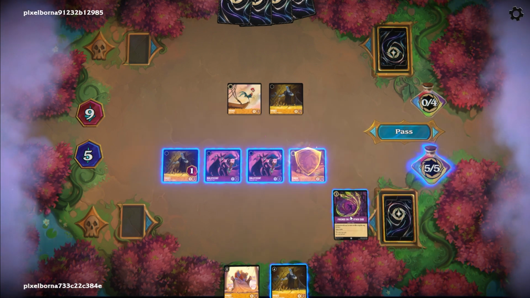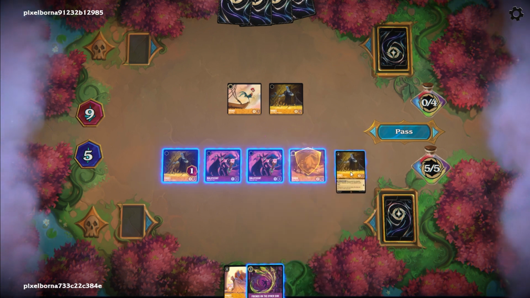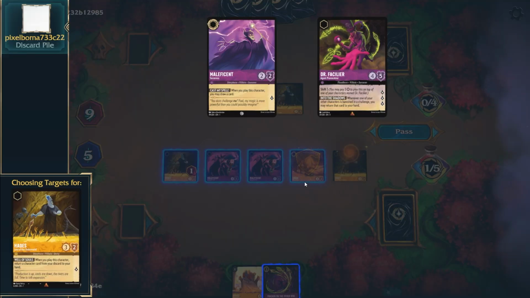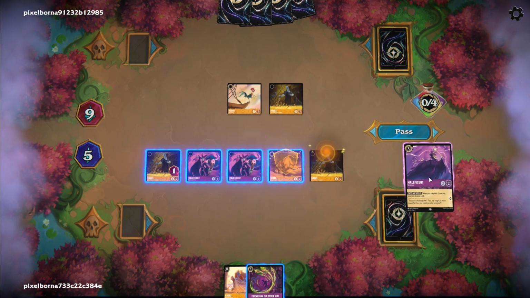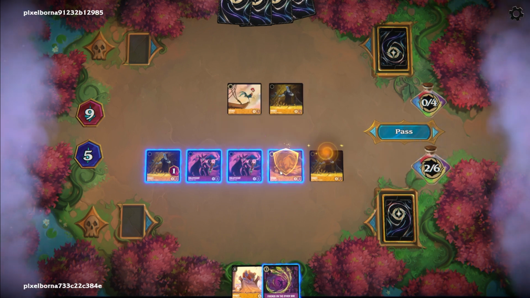I'm actually going to go ahead and do that now, I think. Or we can do it next turn, so we can play 2 Hades to give us the chance. And then we can add back this Maleficent, and we can ink this Maleficent maybe. Sure. And then we can quest with...